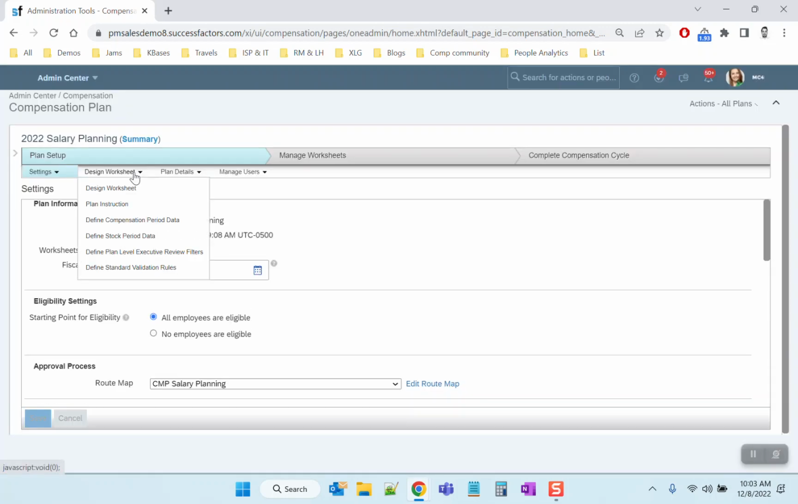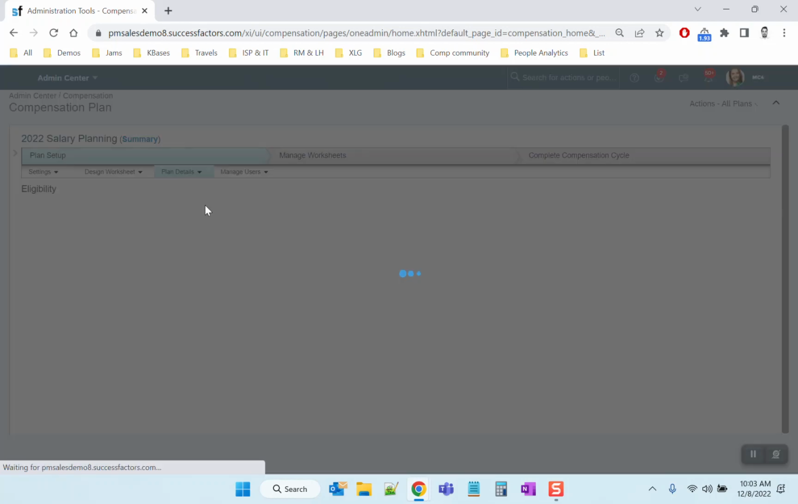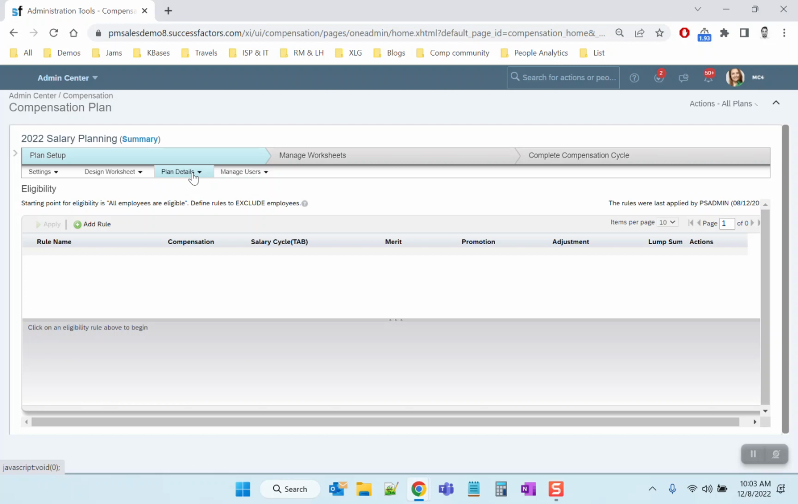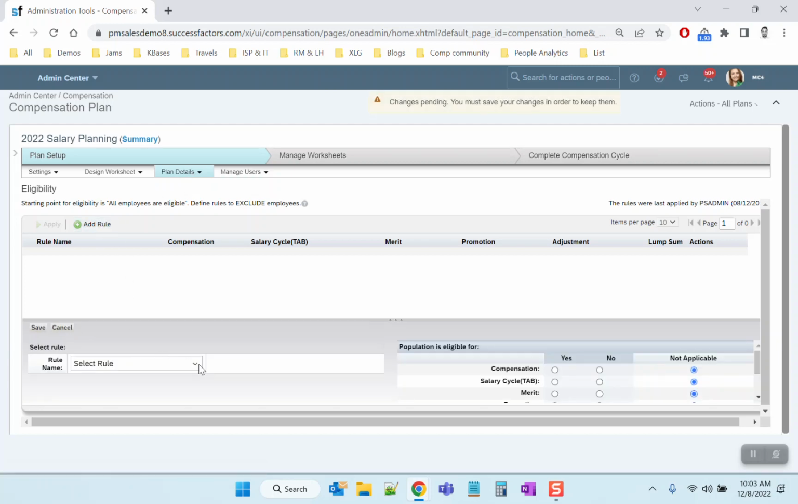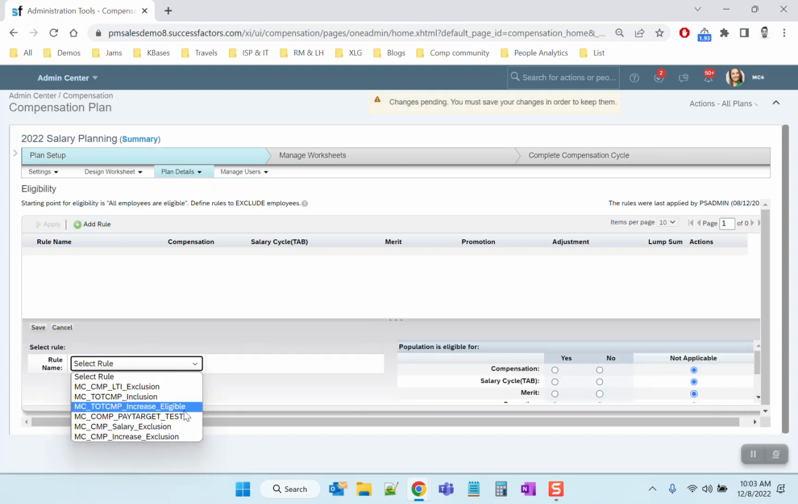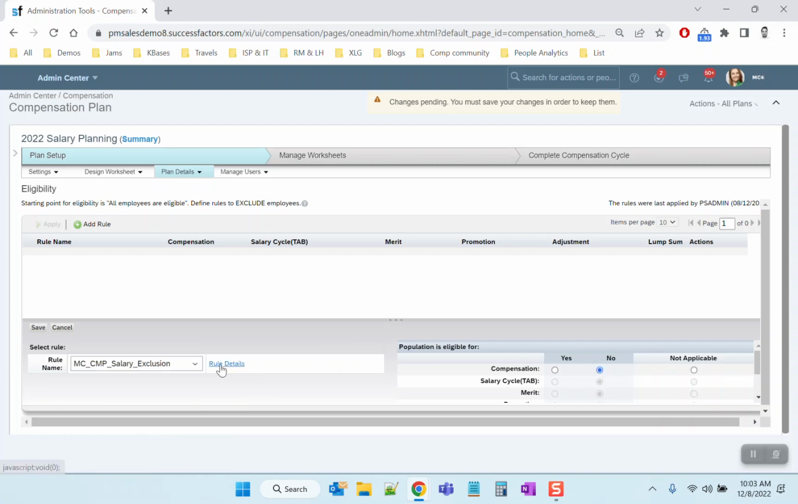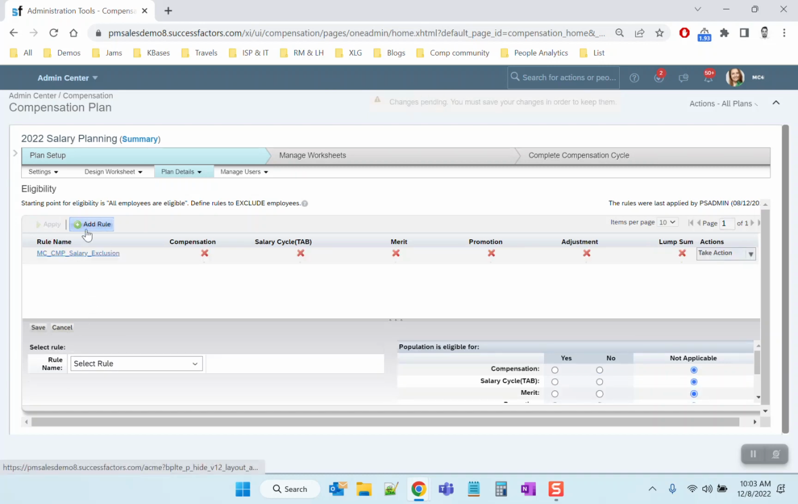First we'll start with the rules as they are in SuccessFactors typically. So through plan setup, plan details, eligibility. We're going to add a rule. These two rules: the first one is salary exclusion. That's the one with pay grade 5 and 6 that I mentioned. And the second one is